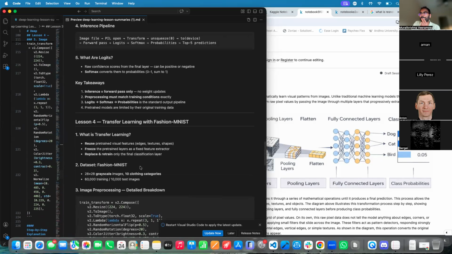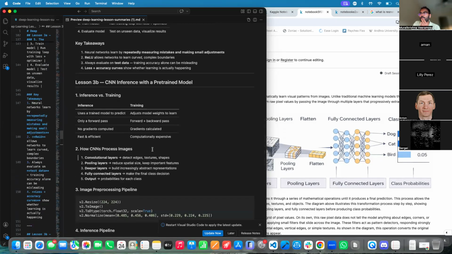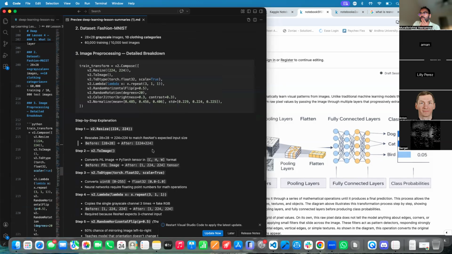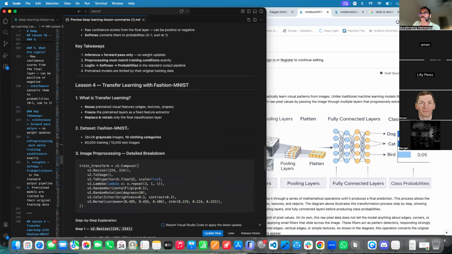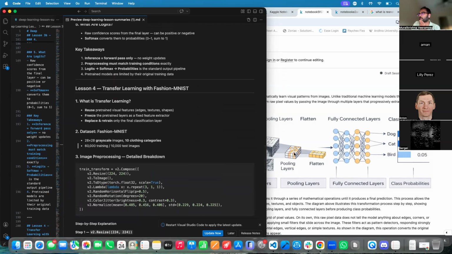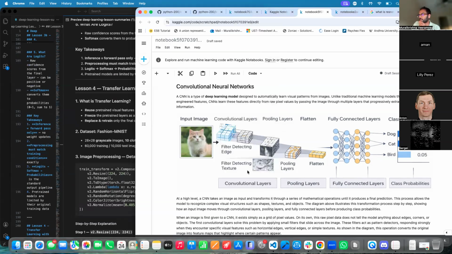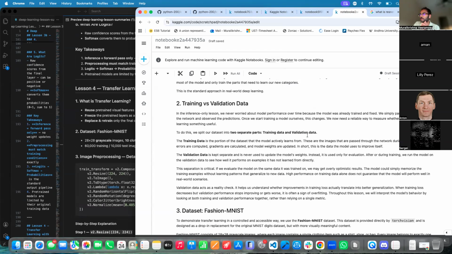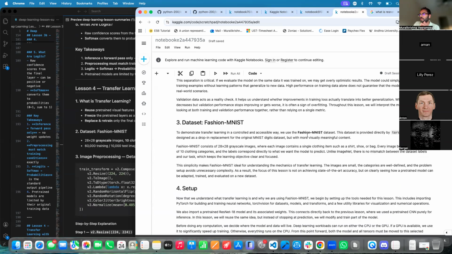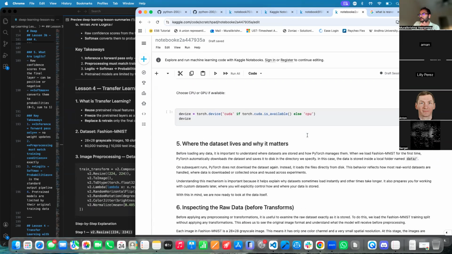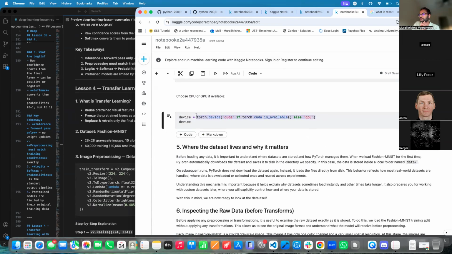So what we need to do is freeze all the layers because we don't want to train on those layers. We want to train only on the fully connected layer. So what we do is we are telling the device again here,